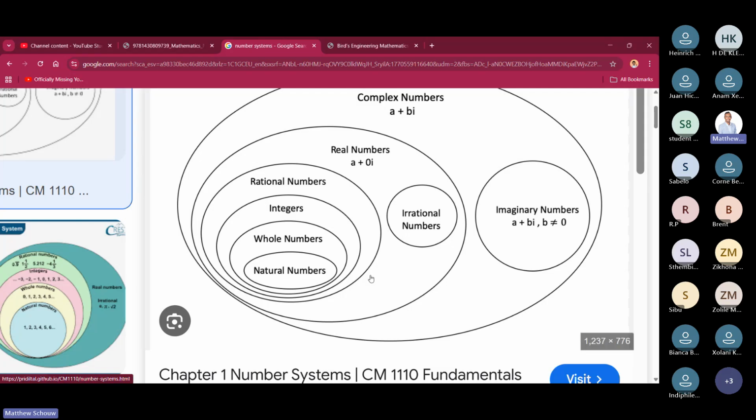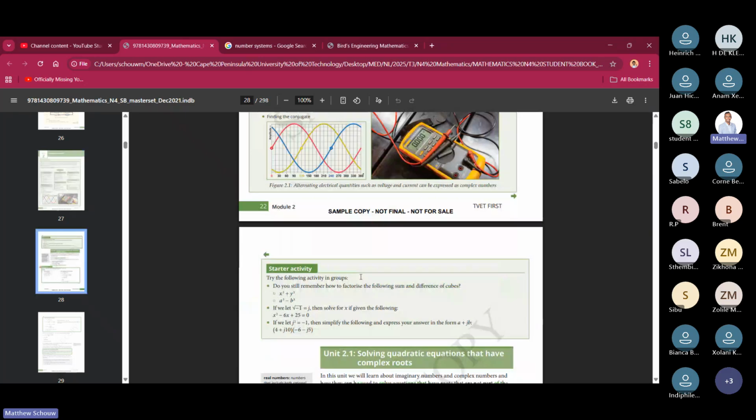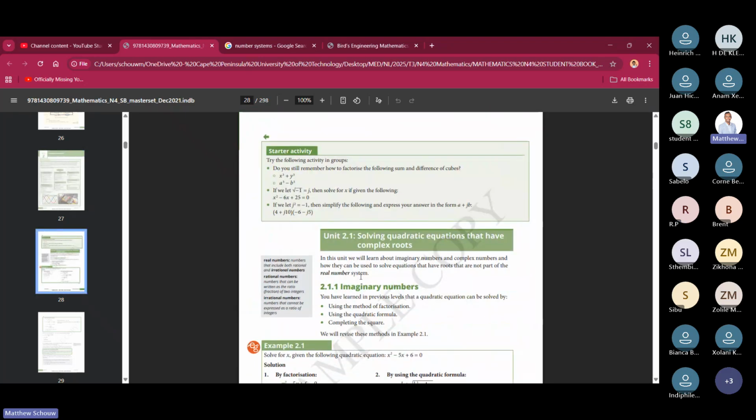Just checking. There's another number system above the real numbers. And the real numbers contain all of these. I'm assuming we all know the individuals from here. We started with the natural numbers, the whole numbers where we had zero. We then found the integers, and I'll make mention of what this actually looks like. But anyway, before we begin, the main thing I just want to recap is something with